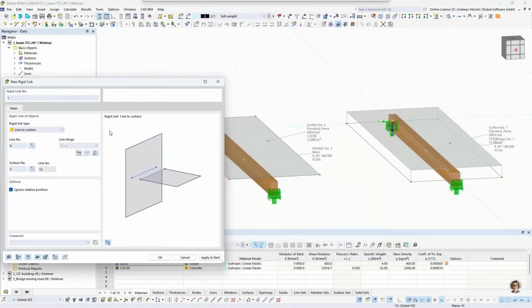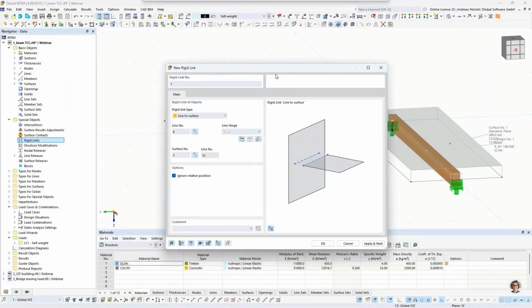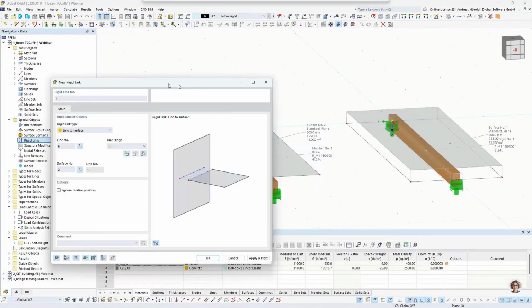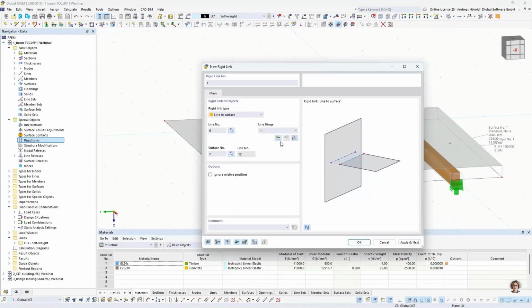And line number 12 is created automatically in the surface. Okay, when we unselect that and we would press OK, then it would be a composite beam with a rigid connection between the two components. Yeah, we skipped that step,